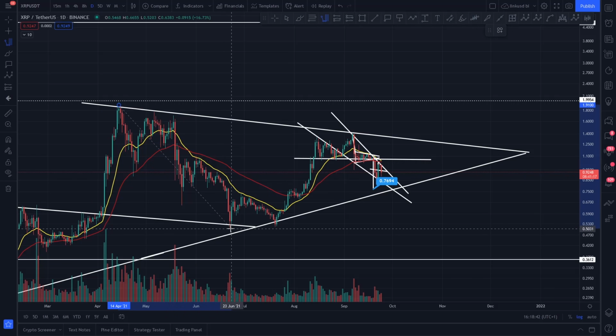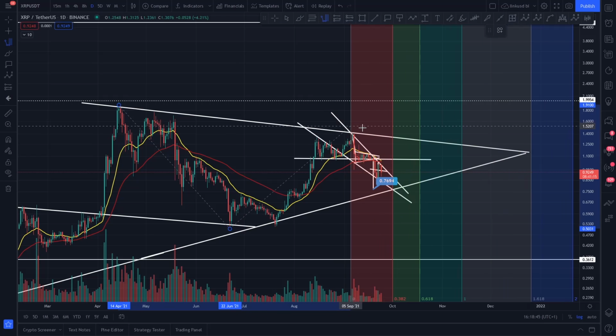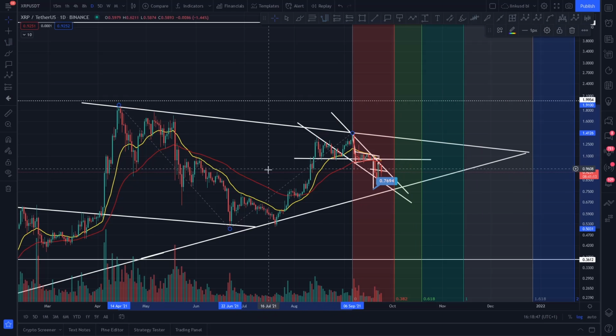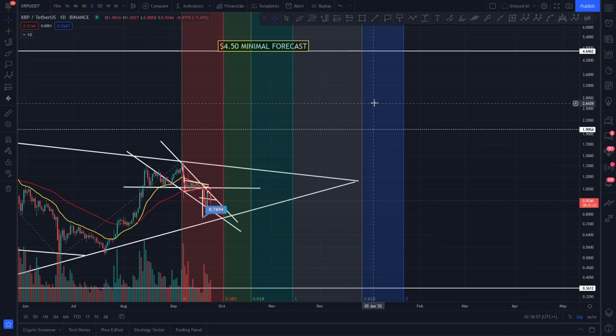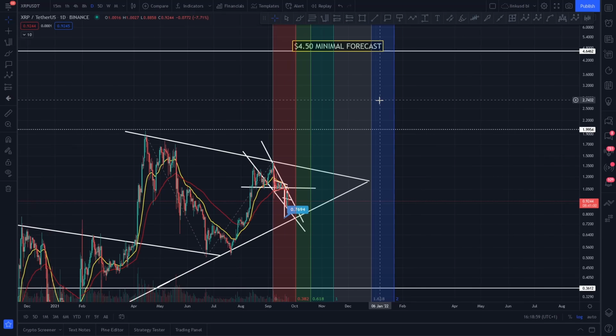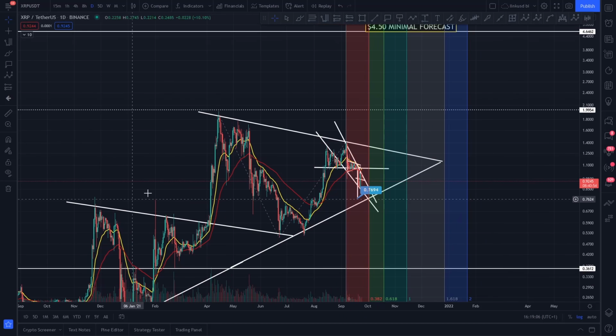So for me, this is your low here for XRP, and this is your high, because you come up there and you've corrected, and you've had that actual high just there. So yeah, you're looking at the 2nd of October being your low, basically, for XRP, and I do think that you'll be putting in your $4.50 by at least minimal 27th of December, based off what we've just gone through there,